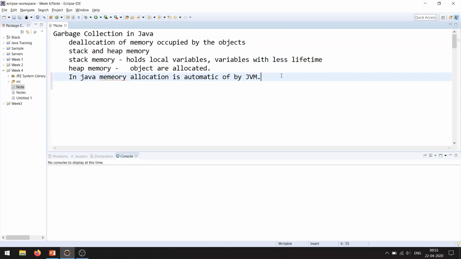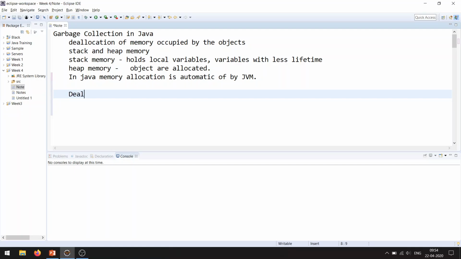So whenever we create an object, we keep adding memory inside your main memory, inside the heap section. There should be a certain way to deallocate the memory occupied by the objects, right?